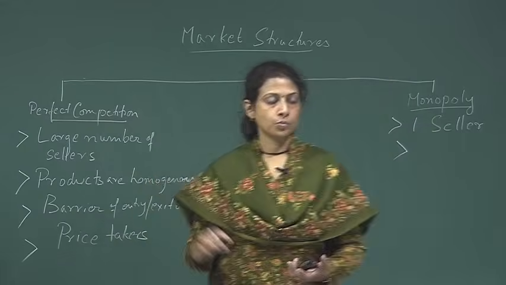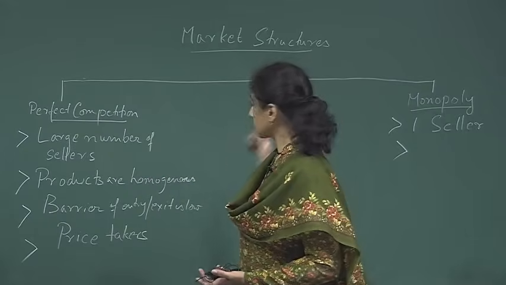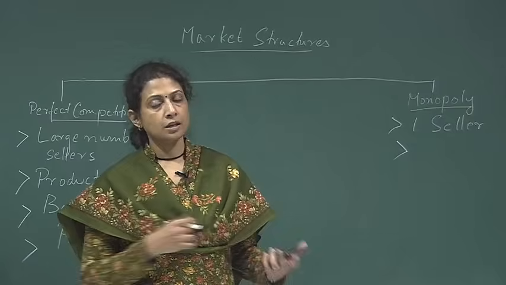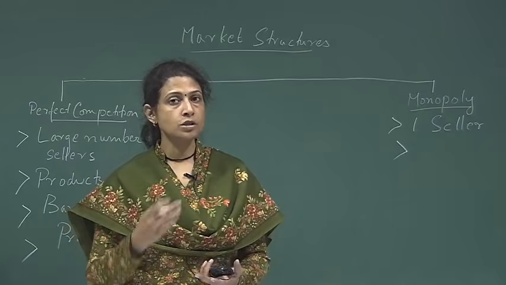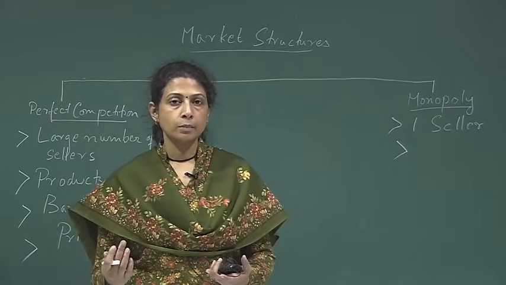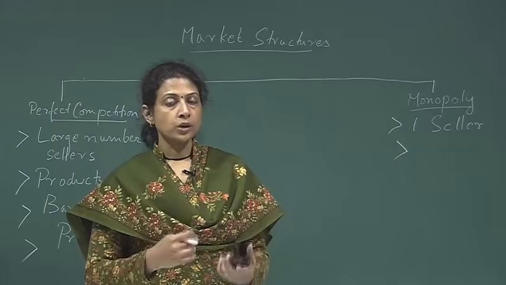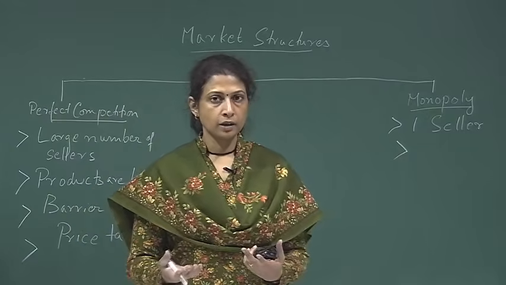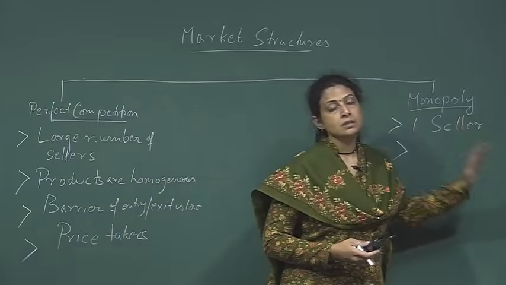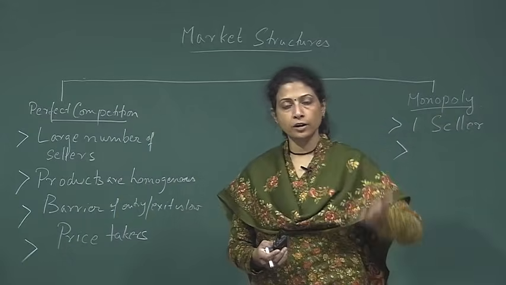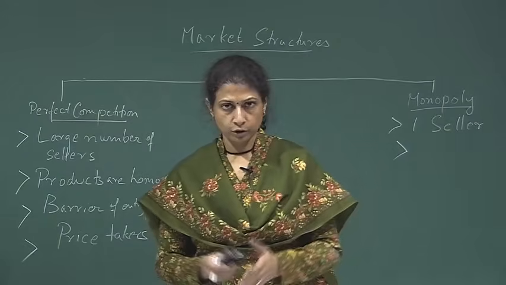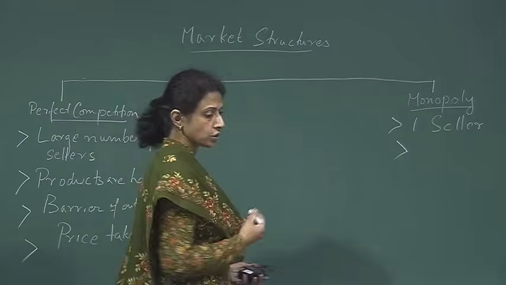Okay, one more thing is, when I am describing all these market structures, I am assuming that the number of buyers is many in all the market structures. There could be situations where we have something like monopsony, where there is one single buyer and many sellers in the market. So we are not going into the buyer side of the market yet. We will be discussing mostly the seller's perspective, whether he is the sole supplier in the market, or he is one of few, or one of many, or one of a huge number of sellers. So this is what we are doing here.